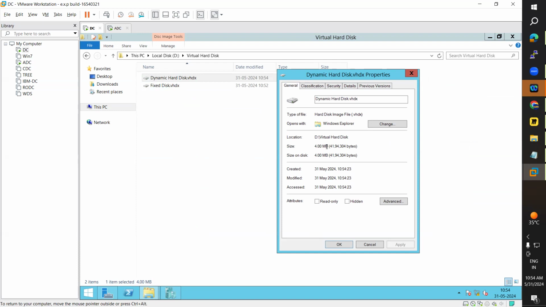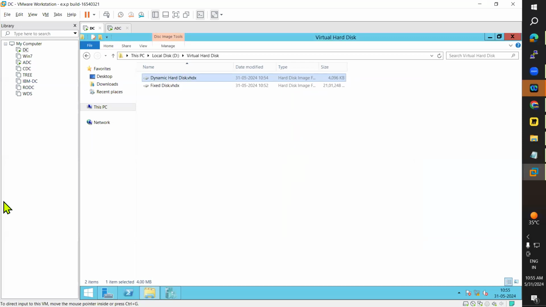Because of data. How much data you are putting inside the hard disk, automatically, dynamically it will take the space. It will not take the space at the time of creation, but fixed, it took the space at the time of creation, but dynamic not like that. If you're increasing the data, automatically the disk will also increase. See, 4 MB, right? Next,